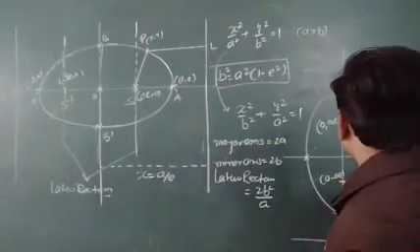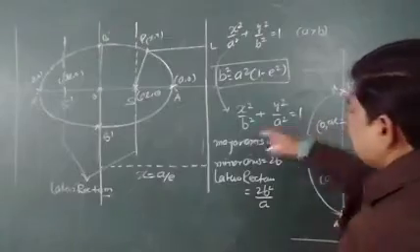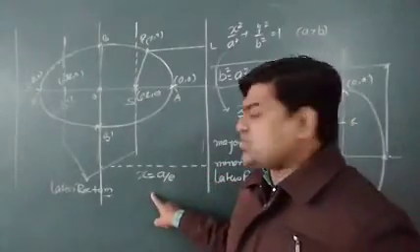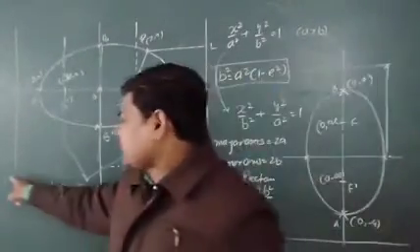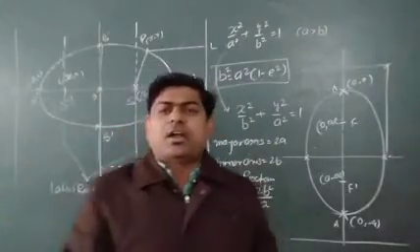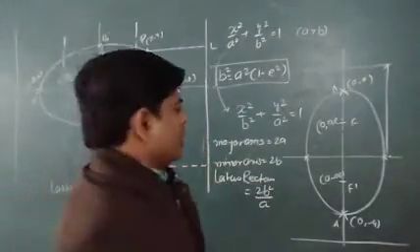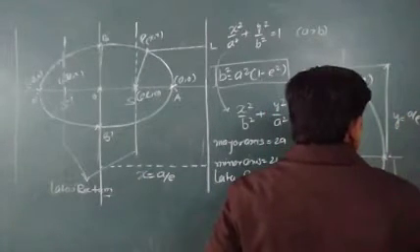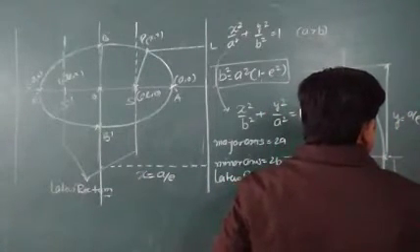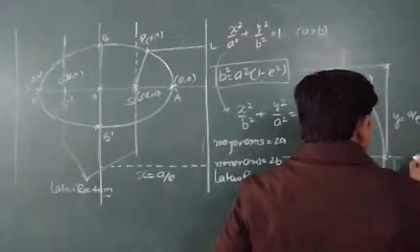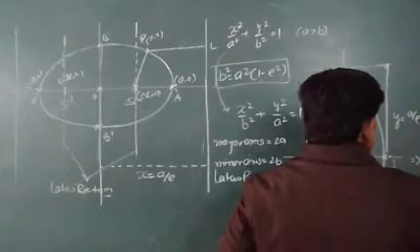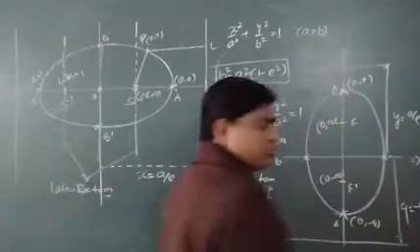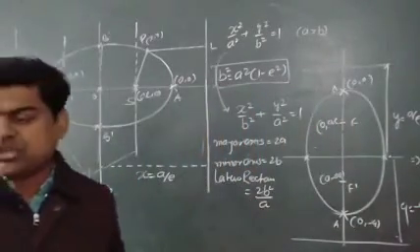One more thing can be changed. Previously the equation of directrix was x is equal to a upon e. Here it is x is equal to minus a upon e. I can write x is equal to plus minus a upon e. Now here what should I write? y is equal to a upon e and y is equal to minus a upon e. So it can be written as y is equal to plus minus a upon e. Okay, you are getting what I want to say.